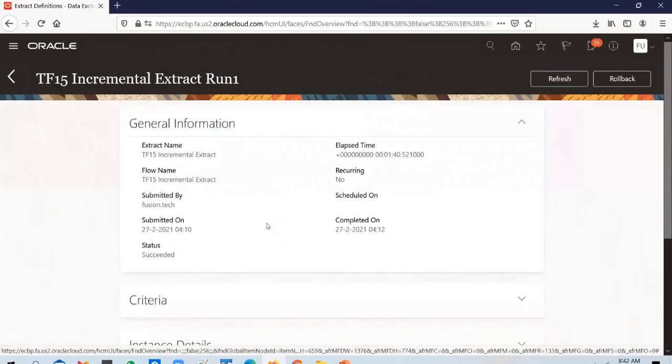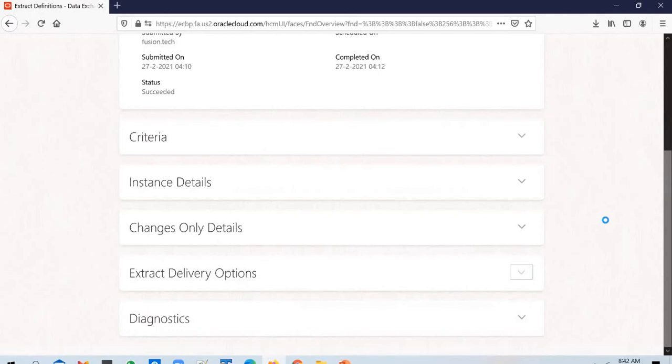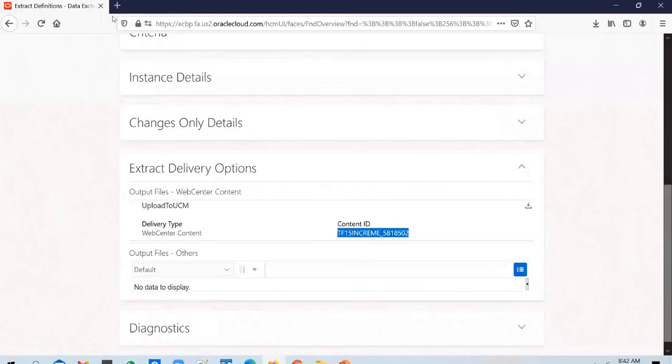And if you go into UCM again, you should be able to see the file uploaded in there. So you can see the content ID, and then the file would have been uploaded to UCM.